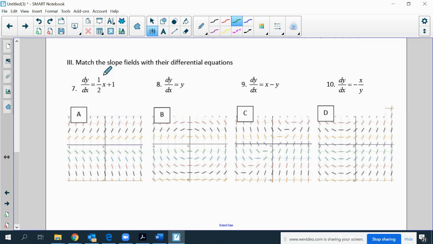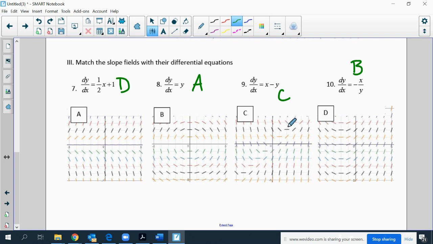And so that seems to be the case all over the place. So that one would be D. Number 8 matches with A, like we talked about. This one is only dependent on Y. And if you plugged in some slopes, you would see it. We already did 10 earlier. This one looks like a circle. So this one's B. And then that would mean that 9 matches with C, because if you look at this